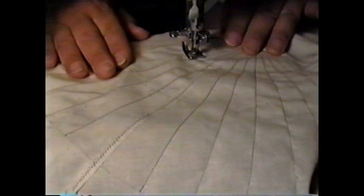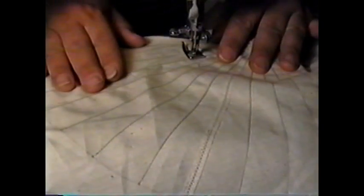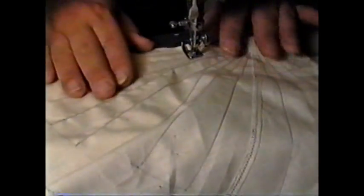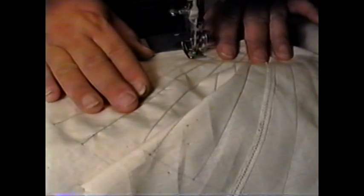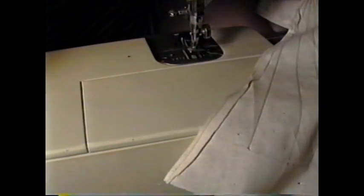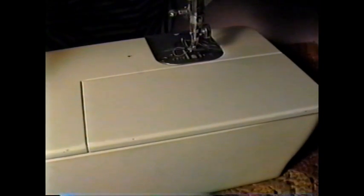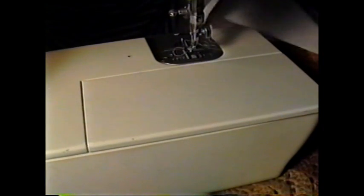Sometimes, since you've drawn your pattern, traced it onto the material, your pencil lines might get a little faint. You might want to check those lines before you finish this, and maybe go back and pencil them in again enough so that you can see them well. These were a little light. They'd kind of gotten rubbed off, but I was still able to see them. Okay, now that's the